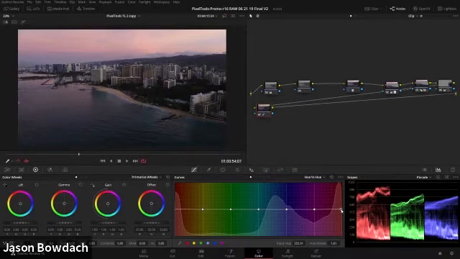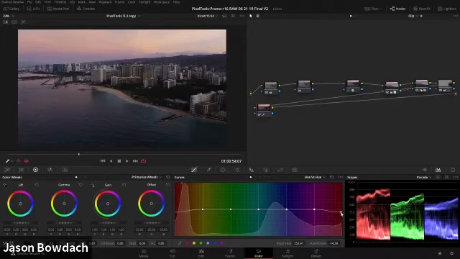I'm not so fond of the sky. I want it to be a little towards warmth, not magenta. So I'm going to push it towards warm a little bit. Okay, let's modify the ocean a little bit. Let's make this a little bit more on the green side, a little bit less blue. And on the teal, let's push the teal a little bit more as well.